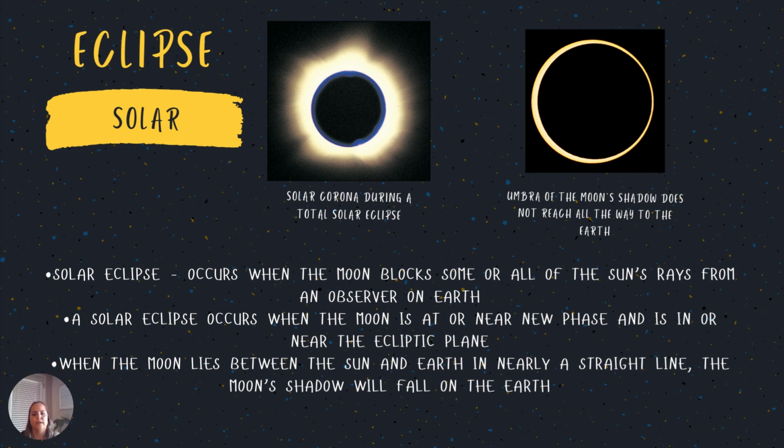And then when we don't have a full eclipse, you'll see what we call an umbra, which is a moon's shadow when it does not reach all the way to the Earth. Okay, so this is really an interesting phenomenon. It only happens every once in a while, but there is, I believe, a calendar that you can find online that'll tell you when these are predicted to occur.